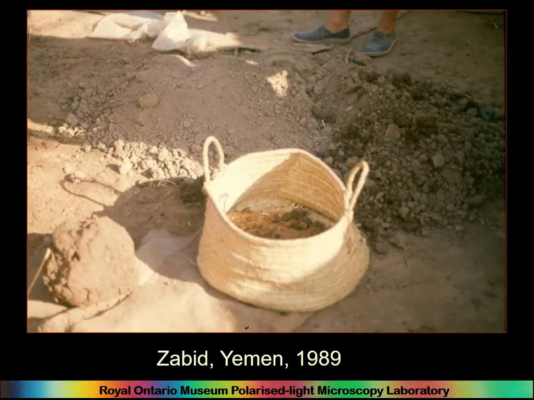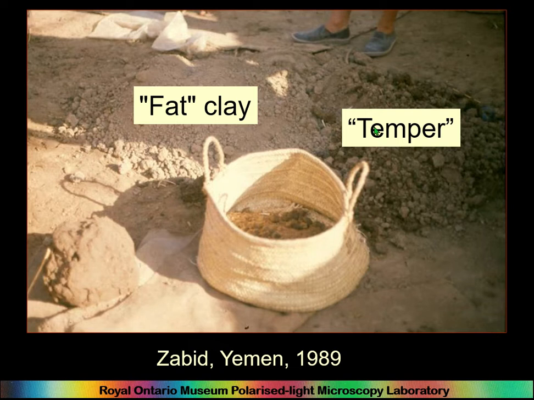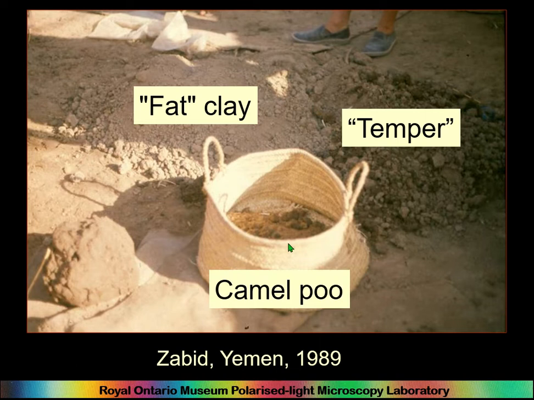Here is actually an example of pottery. Basically here you have two types of clay. You have a fat clay, which is very rich in clay minerals. You have another type of clay which has got a lot of aplastic inclusions in it. So typically you do not have clay and then sand or silt being added to it. You will quite often have different sources of clays being mixed together. But another thing you often have is some sort of plant fiber. This is actually camel poo, and